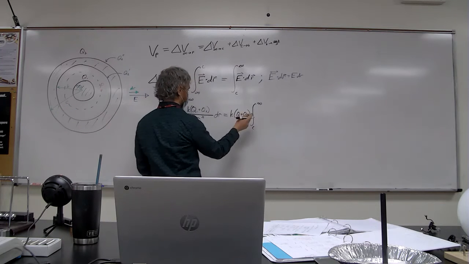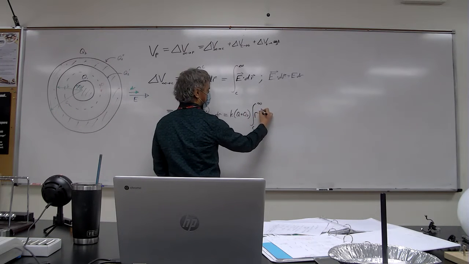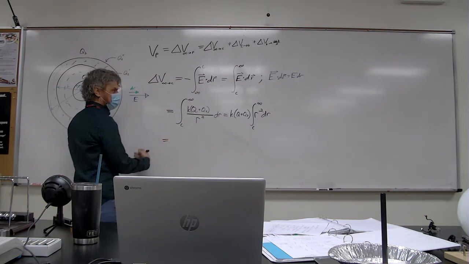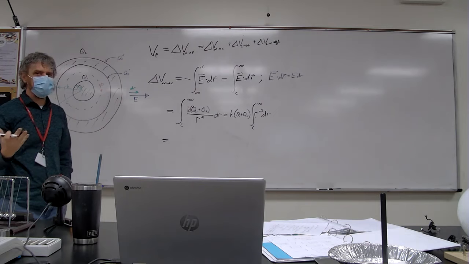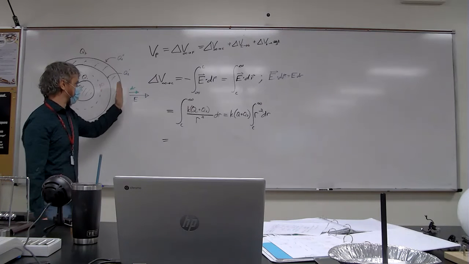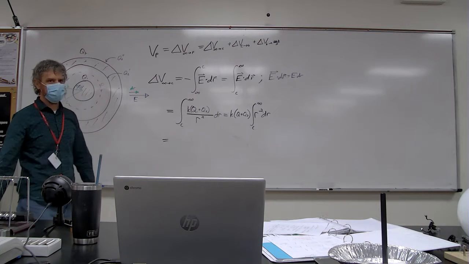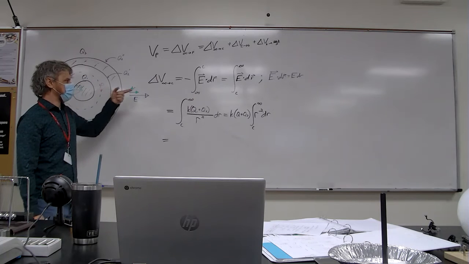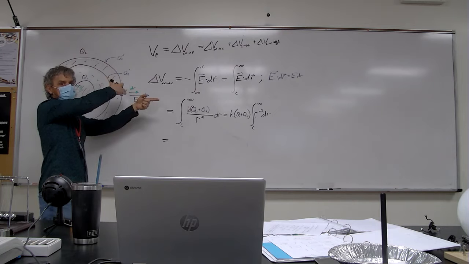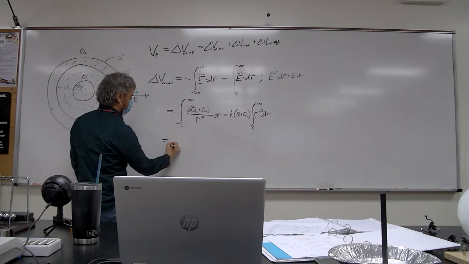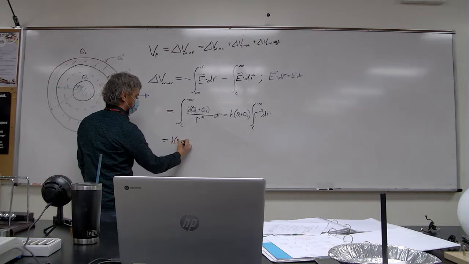So that'll be r to the negative 2 dr. And we expect our answer to be positive because at this point, we have positive charge in here. We're assuming Q1 and Q2 are positive. So if the electric field points that way, I have maximum positive potential here and it decreases as I go that way. So when I do that integral, I get K times Q1 plus Q2